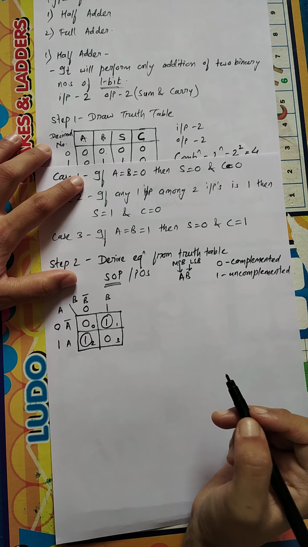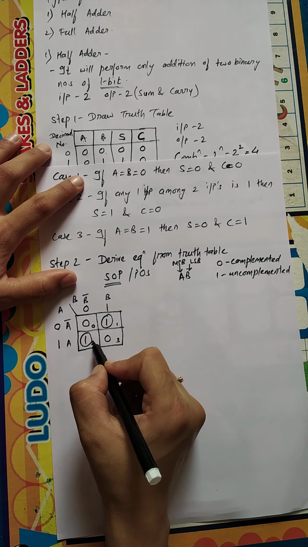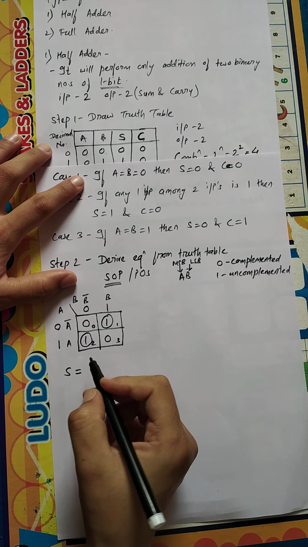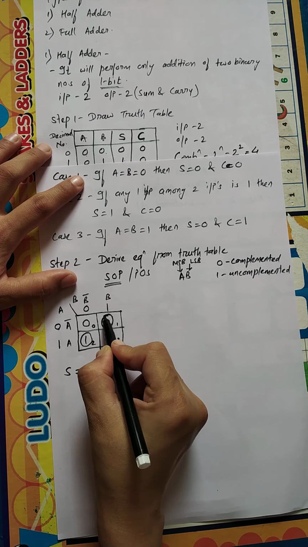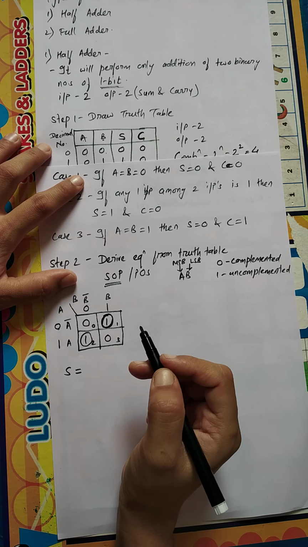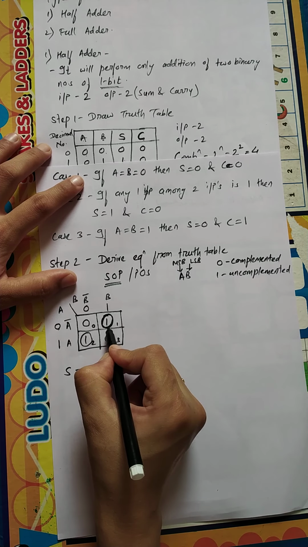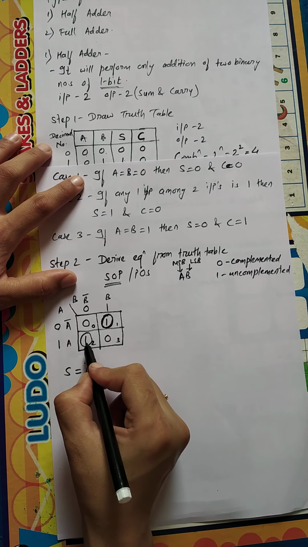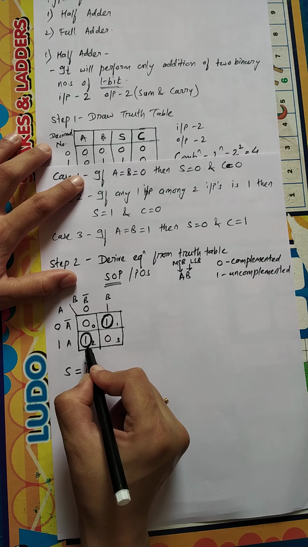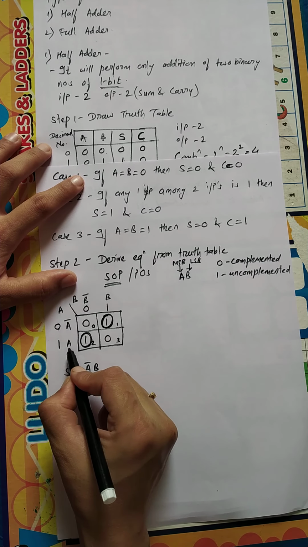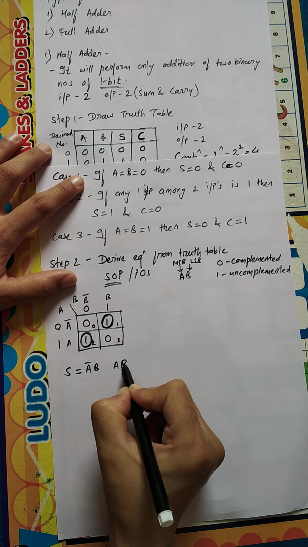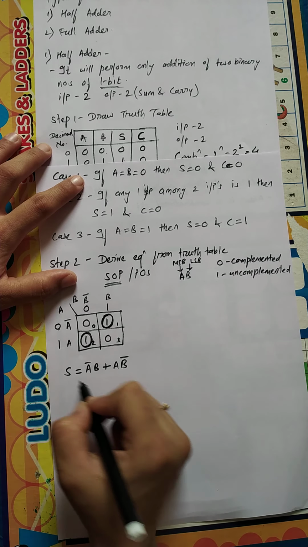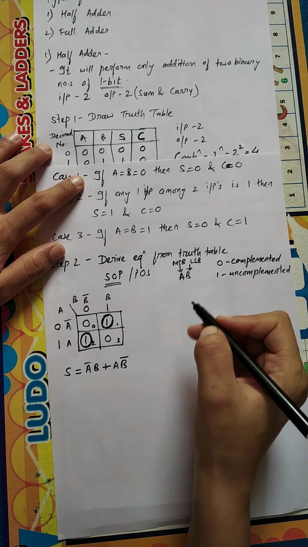So when I form a group of single ones, then whatever equation I am getting from this K map will not be a simplified equation. So sum equal to, I will write the terms for the SOP equation. In the SOP equation, the term will be in the product form. So this one belongs to row A bar and column B. Now the second product term for the SOP equation: this one belongs to row A and column B bar, right? Now these two product terms will be summed together to get the SOP equation. So this is the SOP equation for sum.